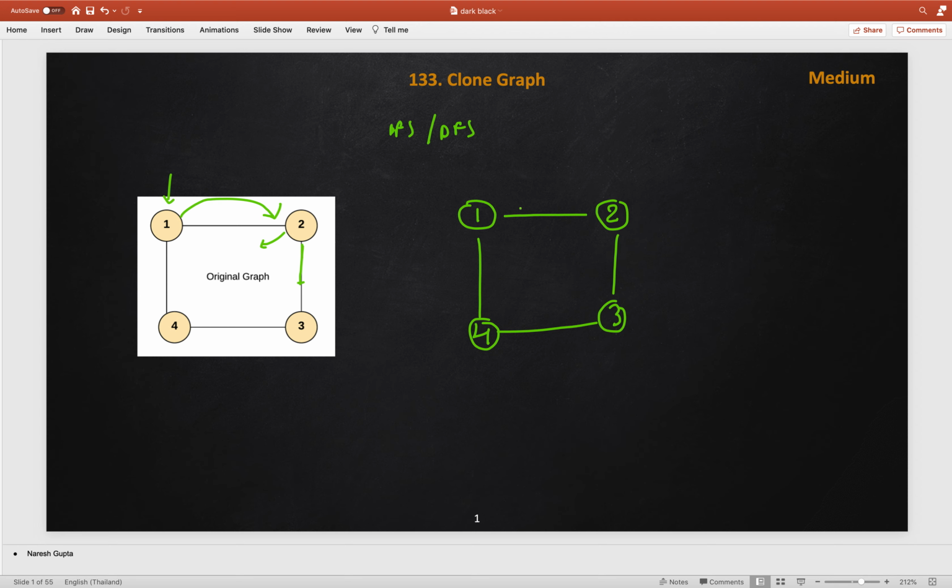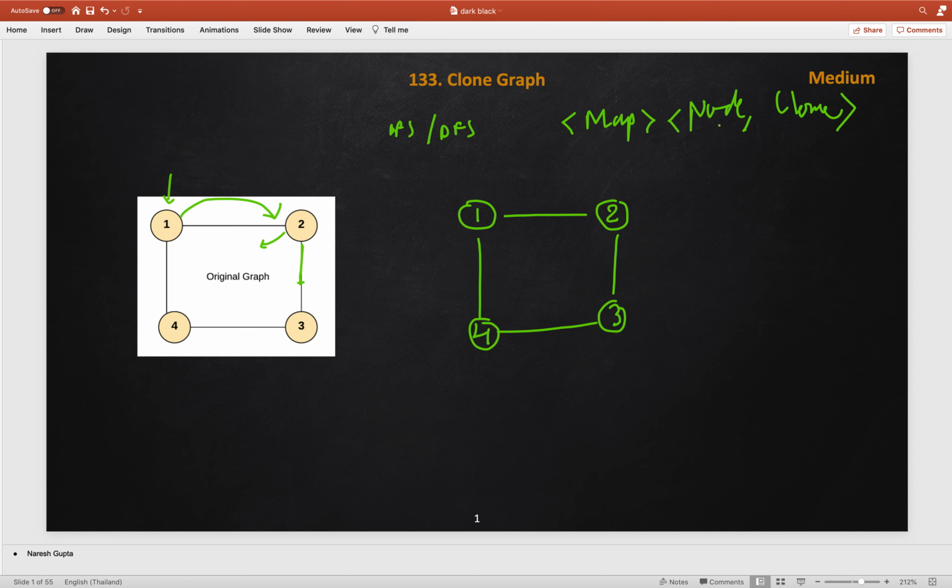Now for creating the adjacency list, we also have to mark these nodes as visited, so we keep a visited structure. We keep a map with the mapping of each original graph node to the clone graph node we are cloning.